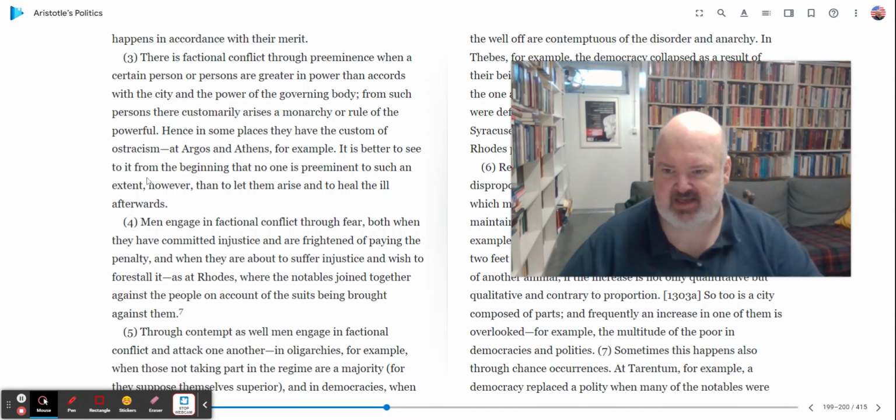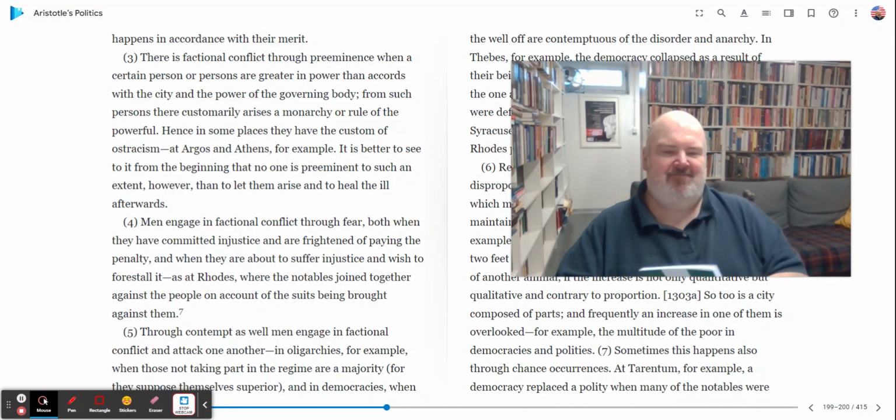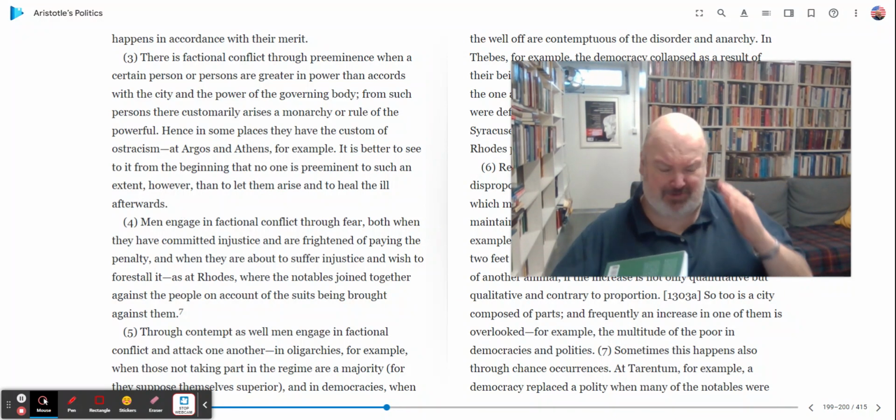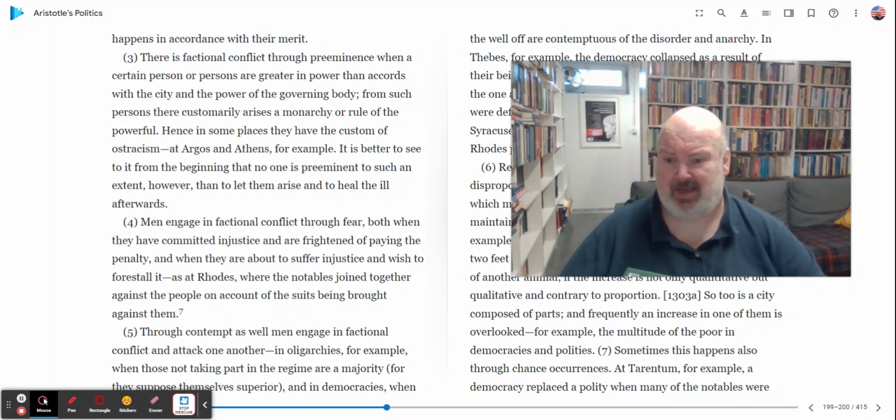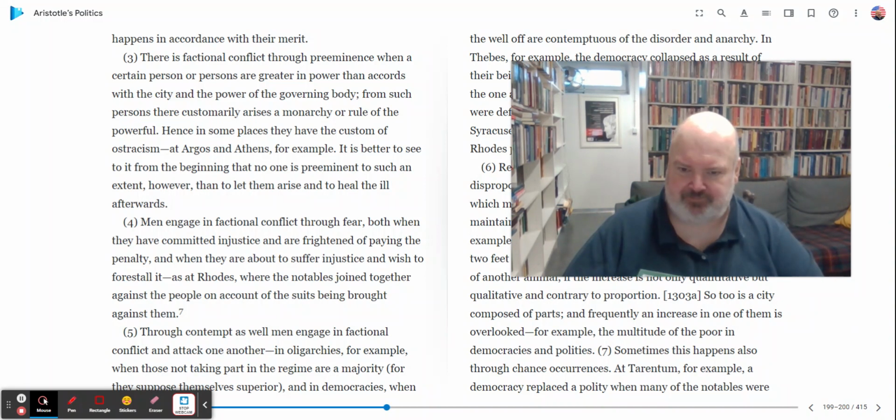Okay, it is better to see to it from the beginning that no one is preeminent to such an extent, however, than to let them arise and heal the ill afterwards. Again, it's better to try to prevent anyone from becoming preeminent versus trying to fix it after it happens. Okay. Now, next,